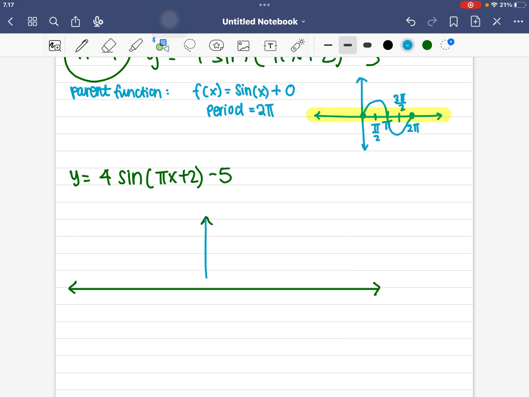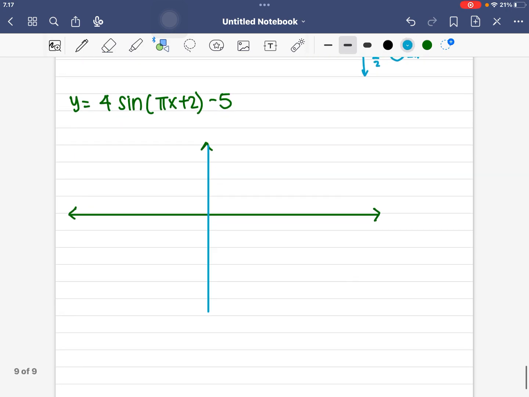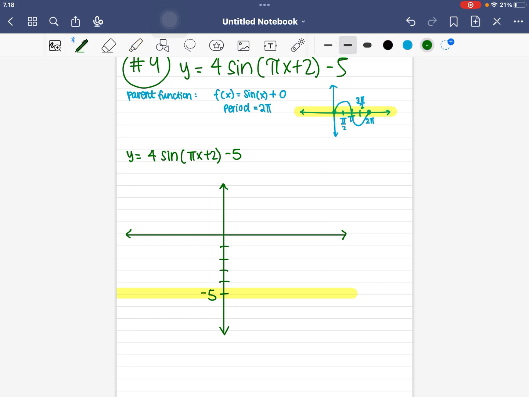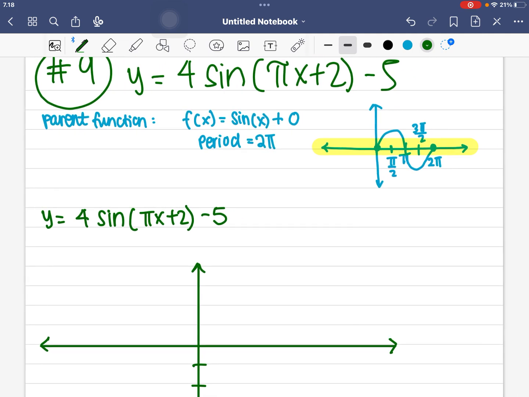If you guessed that the midline would also shift 5 units down, you're correct. So 1, 2, 3, 4, 5. Okay. So you should expect these 3 intersections to be on that yellow line there. Okay. All right. Okay. So again, one cycle here on the parent function is between 0 and 2 pi,